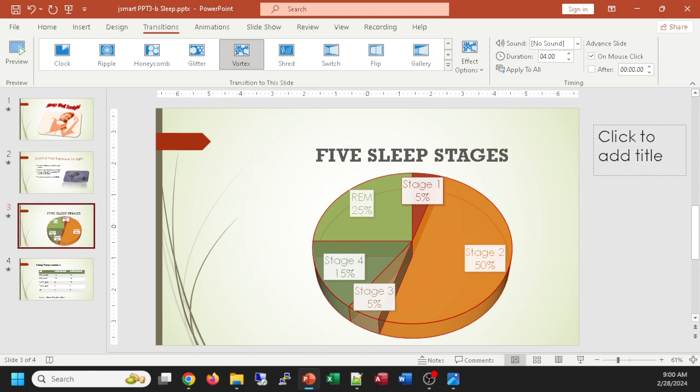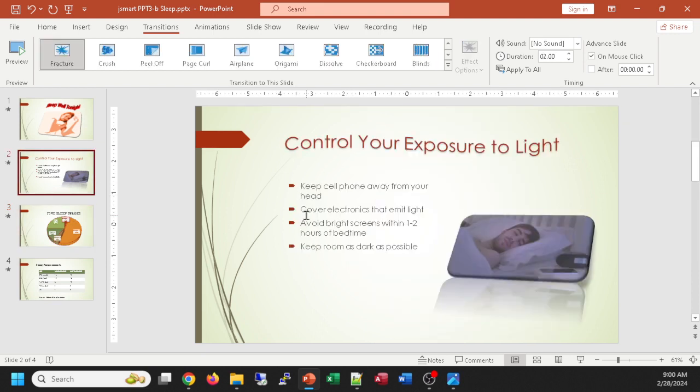And now it's time to do a little extra animations. I want you to learn more than just the simple stuff we've done. Right now the only real animations we've done are the transition between slides and the animation of text. Everybody should know that. Good stuff to learn. But suppose I want to do something a little more interesting. How about in the control your exposure to light slide, let's have a little bed appear and slide across the screen, just as a little whimsical